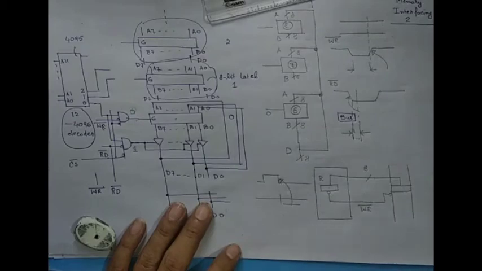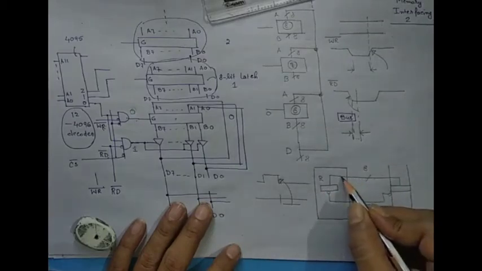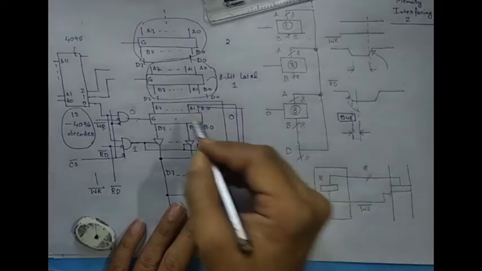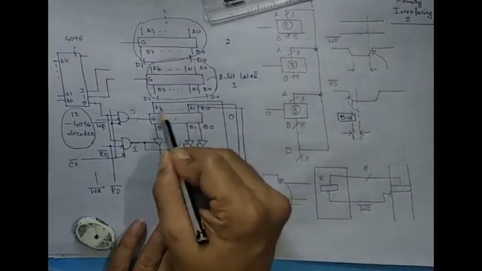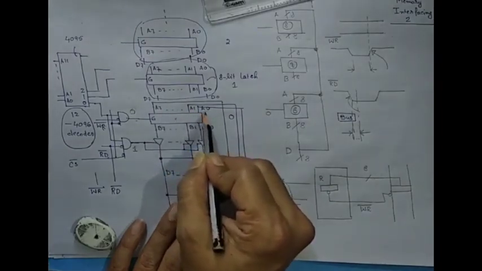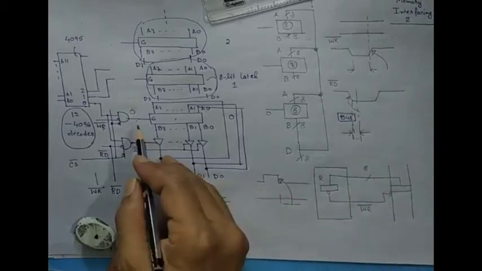Then what will happen? The data bits of the register will appear here on internal data lines, therefore on the external data lines, therefore on the input lines of the memory location or the latch for that memory location. And then when the write bar signal is asserted by the CPU, that will act as the latch enable signal, and that will cause that particular 8-bit latch or memory location to accept and store that data inside it.